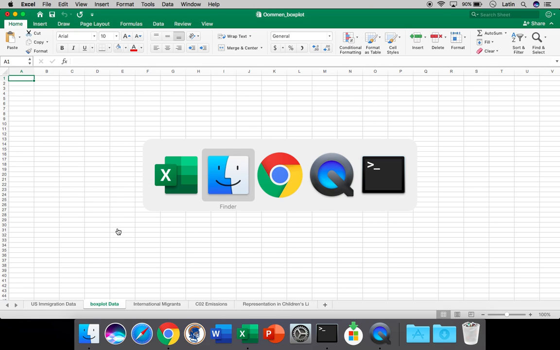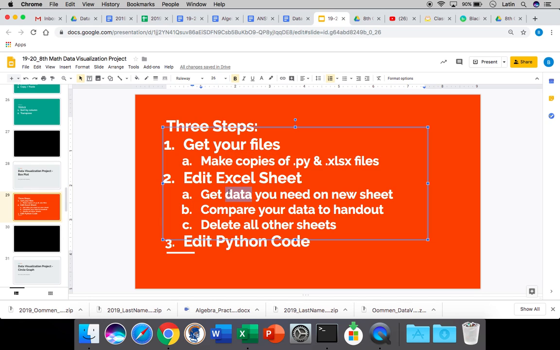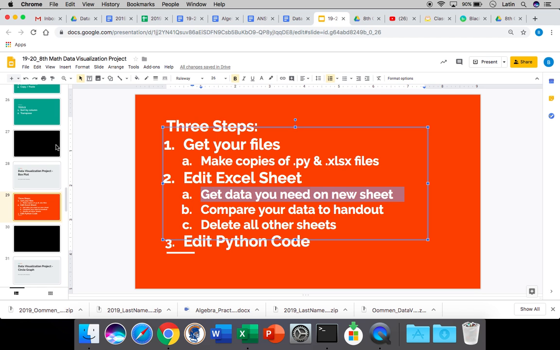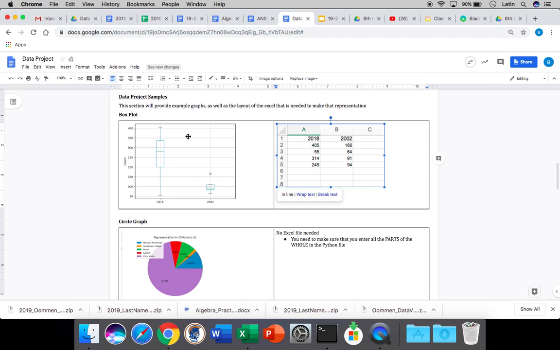All right, going back to our slides, it says, get the data you need on the new sheet. I can't tell you what data you'll need on this sheet. It depends on what data story you're trying to tell. All I can tell you is that your data should look something like the handout. And what I mean is, in the handout, you see the box plot sample. So if you wanted to make 2 box plots like this, well, then your data needs to look something like this,